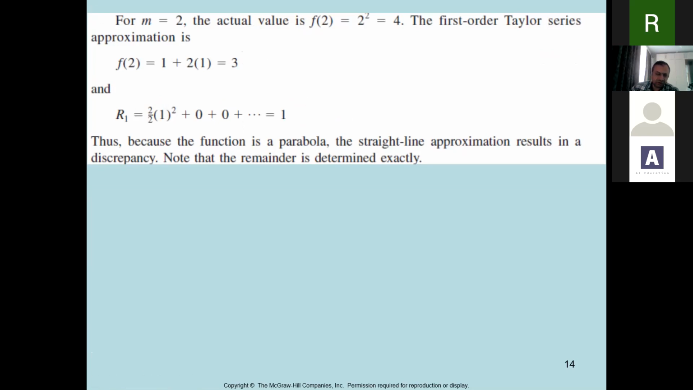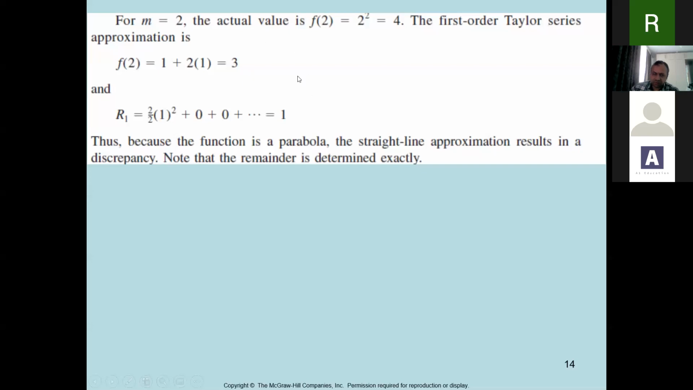but it is a non-linear of the order 2. So in this case, if you apply the first two terms of the Taylor series, the value is 3. The original value is 4. And the Taylor series also illustrates that the remainder is 1. So now we can see that the first two terms of the Taylor series introduce the error over here